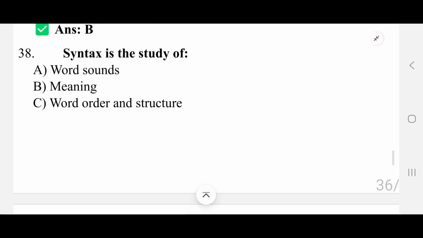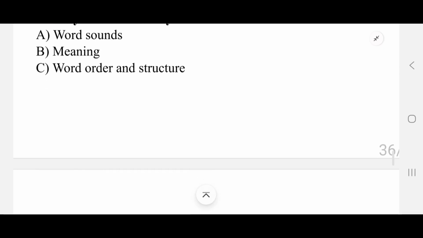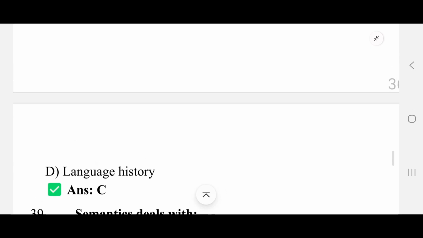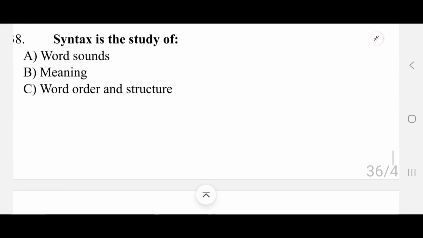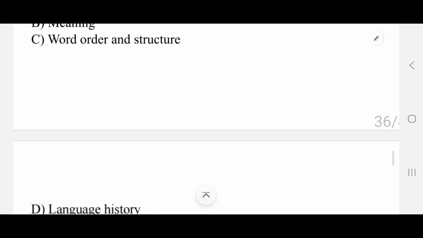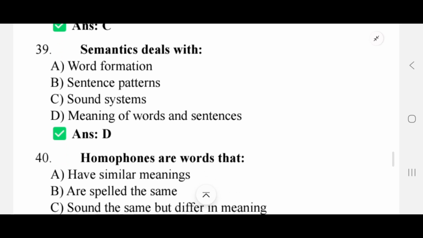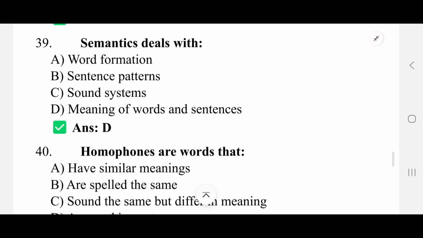Syntax is the study of word sounds, meaning, word order and structure, language history. So option C, word order and structure, syntax. Semantics deal with the word formation, sentence pattern, sound system, meaning of words and sentences. Semantics